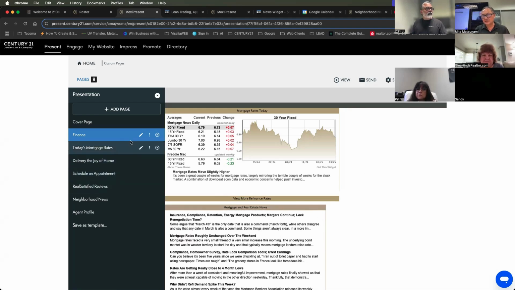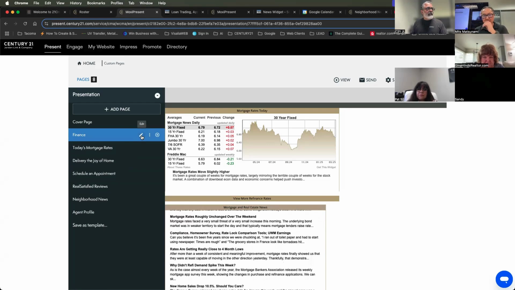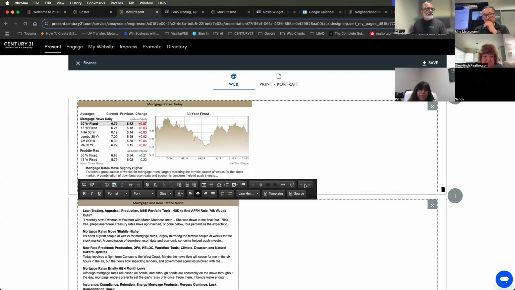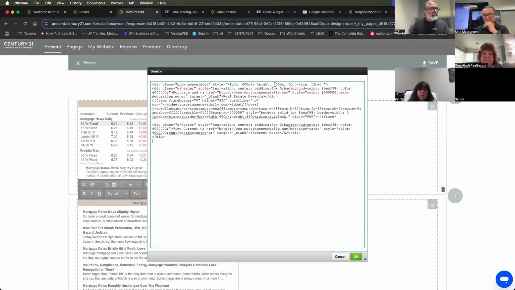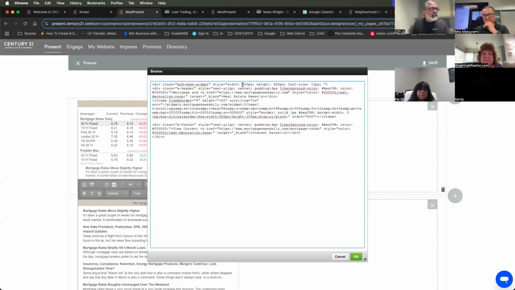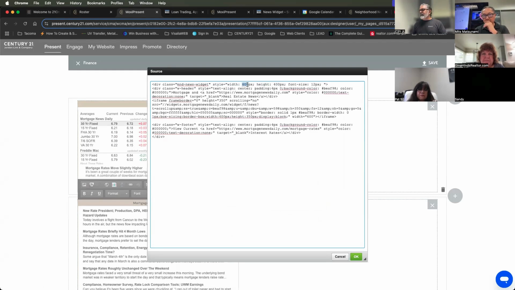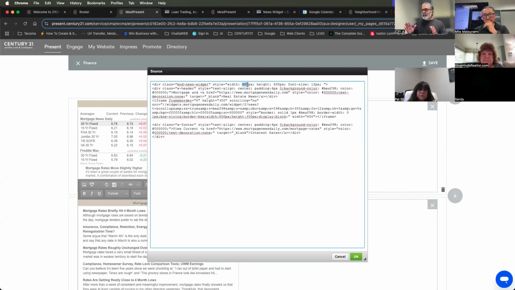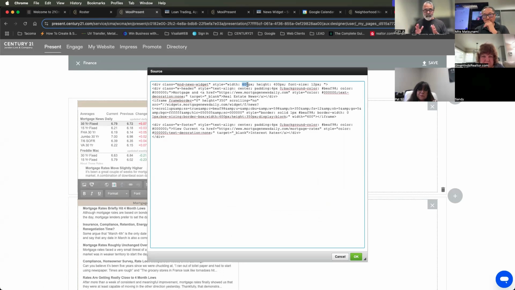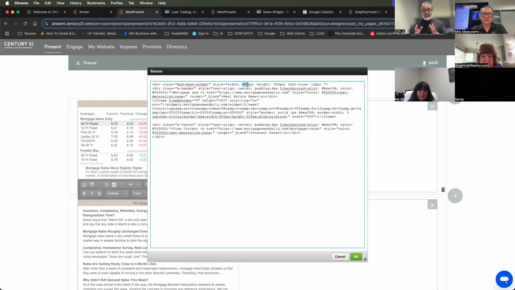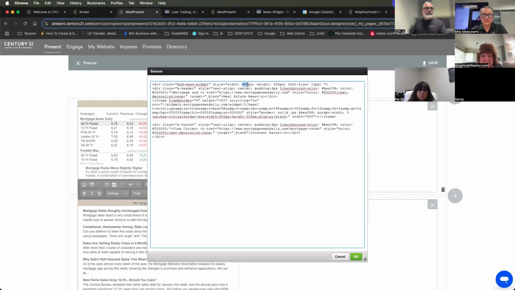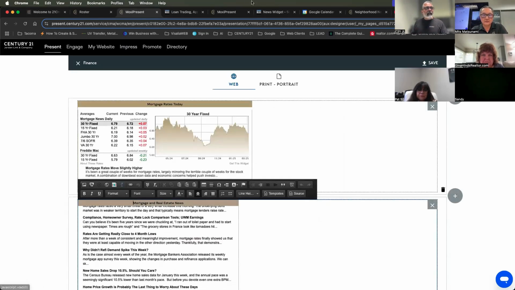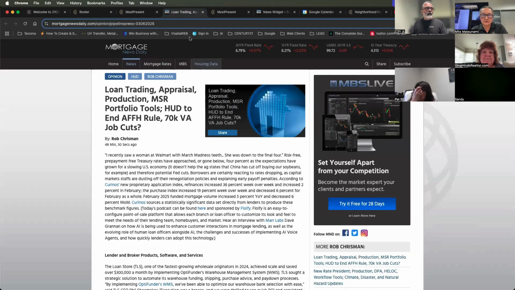So if you look at this source code that we have here, it says the height is 400, the width is 6. So it's not going to adjust when you get to mobile, because it has a specific size and says I can't go smaller than that. So if you're looking to figure out how to fit that widget in so it works the way you want it to work,